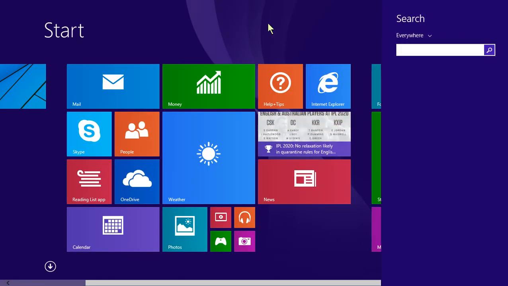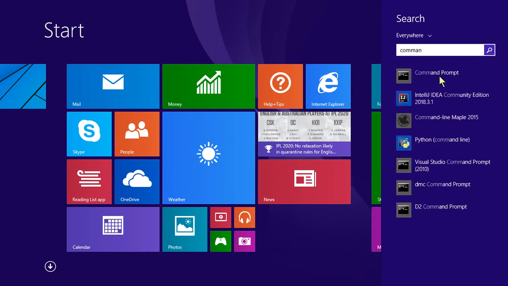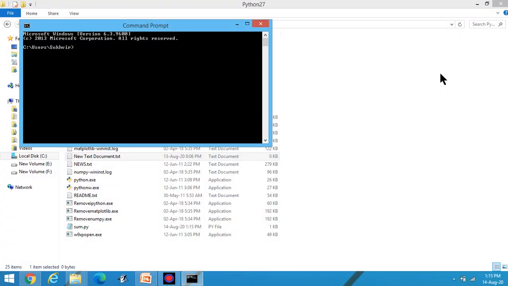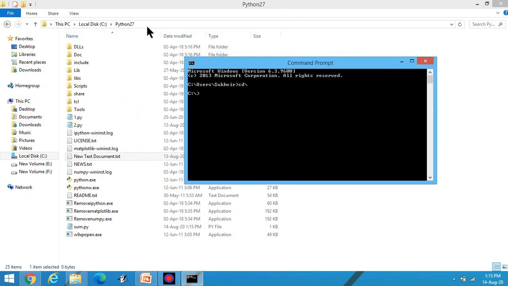Open command prompt. Then cd backslash. Then you have to go to this path, cd python27.